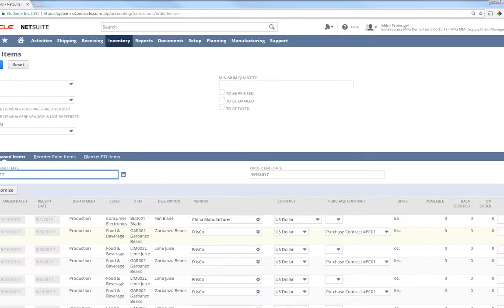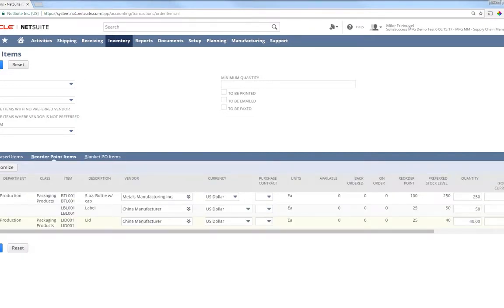I can go ahead and select the items that I want to create the purchase orders for by checking the box. If I have a purchase contract, that contract would automatically default for that item. If I had multiple contracts, I could choose from the appropriate contract. The contract establishes a set price based off of the agreement with the vendor. Once I have selected all of my items, I can go ahead and click Submit, and NetSuite will automatically create